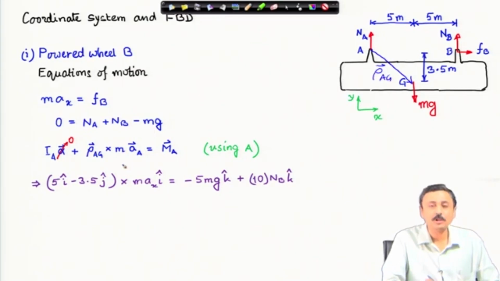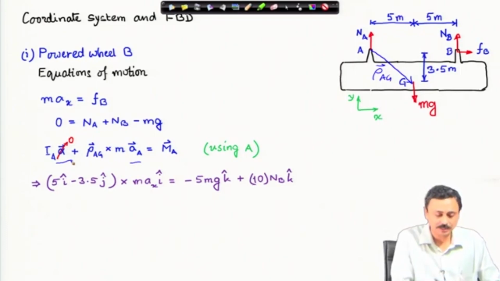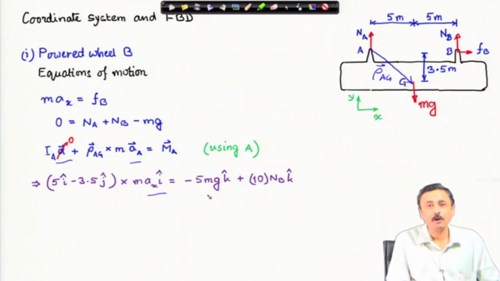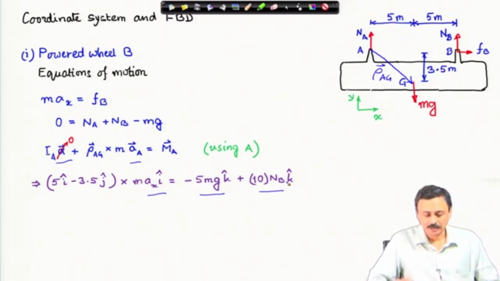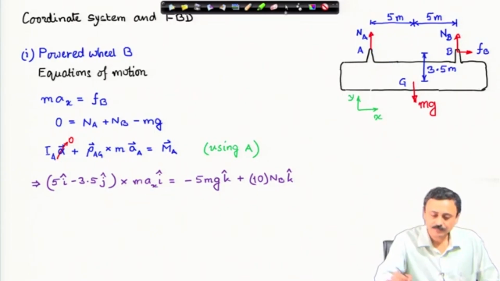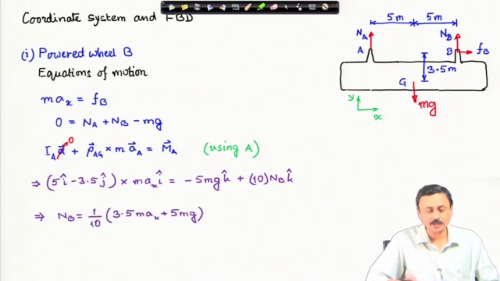this rho Ag cross total mass times acceleration of point A. Now, the acceleration of point A is the same as the acceleration of point G, since the body is non-rotating. The body is non-rotating, there is no angular acceleration and no angular velocity as well. Therefore, rho Ag cross mass times acceleration must be equal to the net moment of all forces about A. Weight contributes and the normal reaction at B contributes. And if you do this